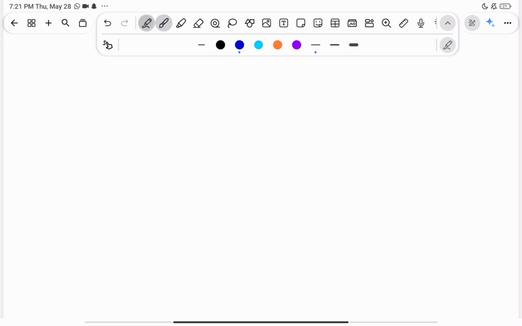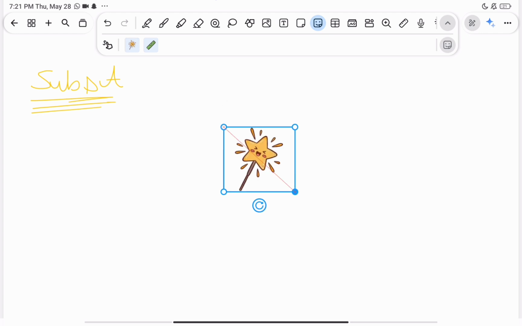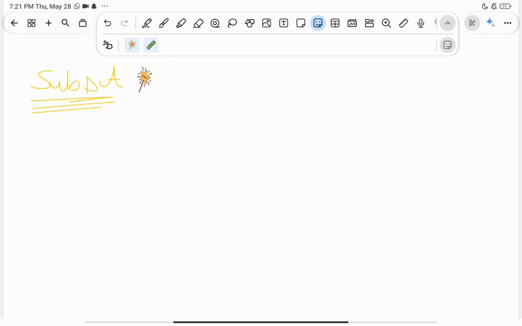Very important, most used things. Most important topic, subset. What is a subset? A set A is said to be a subset of B if every element of A is also an element of B. A set A is said to be a subset of B if every element of A is also an element of B. If A is equal to {1, 2, 3}